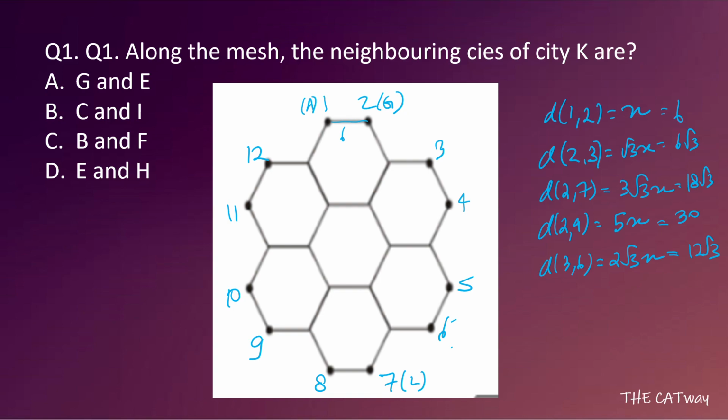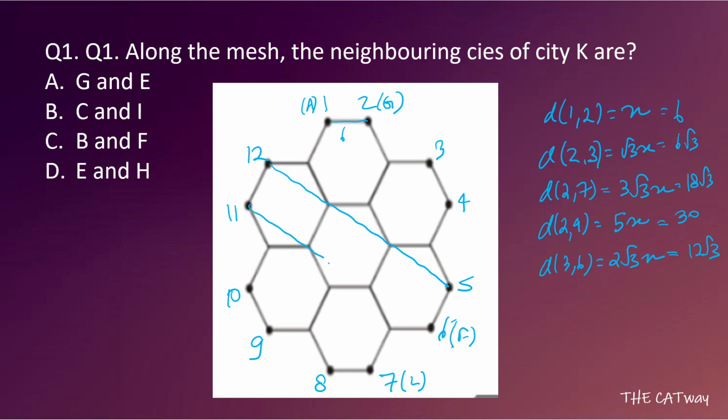Now we also know that the distance between L and F is 6 root 3. So what is 6 root 3? It is 2 and 3. So similarly for 7 it would be 6. So we can give 6 to F, because L and F is 6 root 3. Now what do we have? We have F and C is equal to 12 root 3. And what is 12 root 3? We are not aware of it yet. So there's one distance which we haven't calculated. Now this one, see, this is a rectangle.